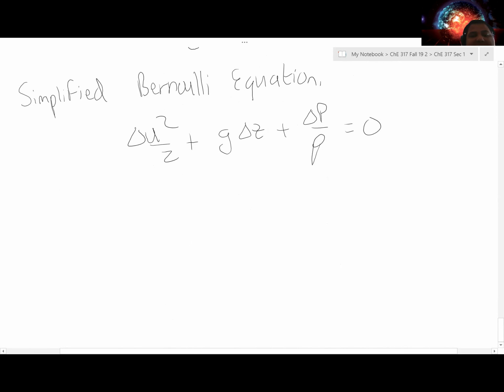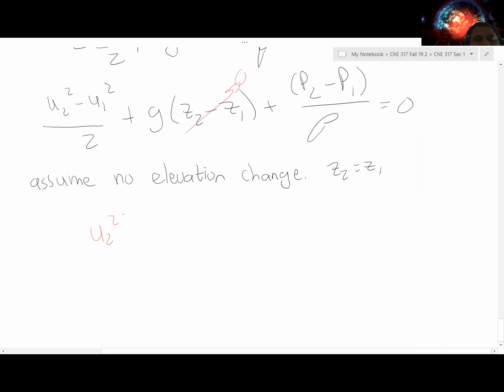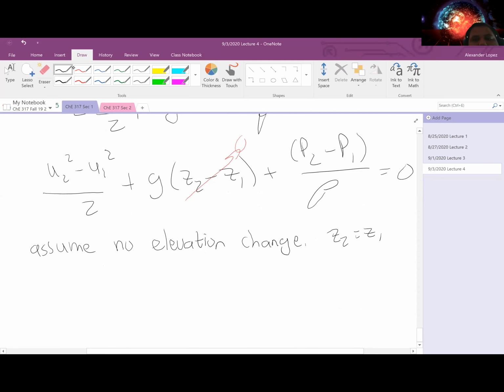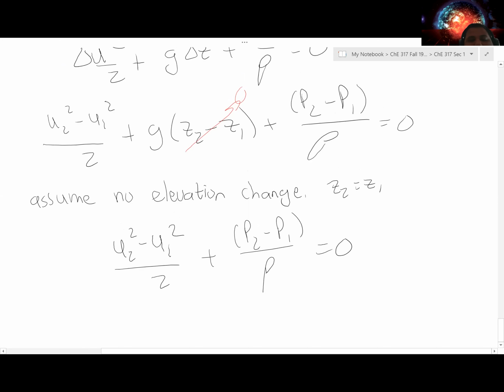Now if I assume no elevation change, z2 is going to equal z1, so this term is going to be 0, and I'm left with this expression here. All right, so now I have u2 squared minus u1 squared over 2 plus p2 minus p1 over rho is